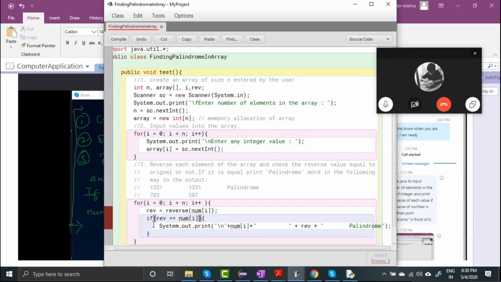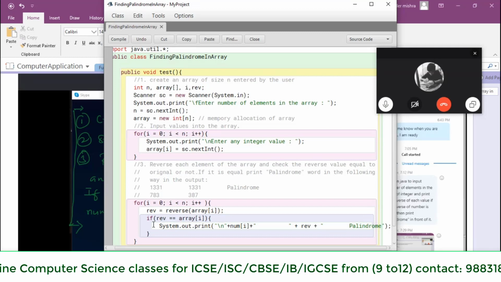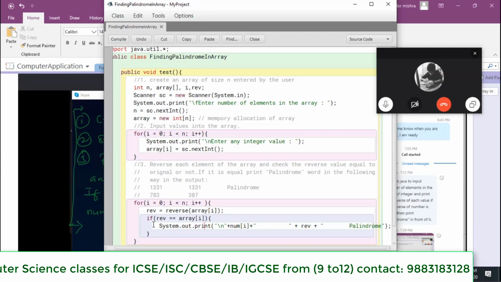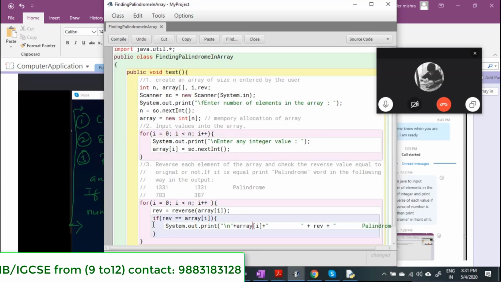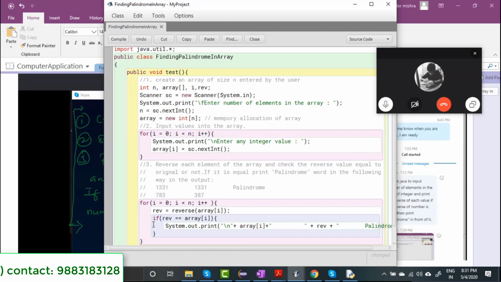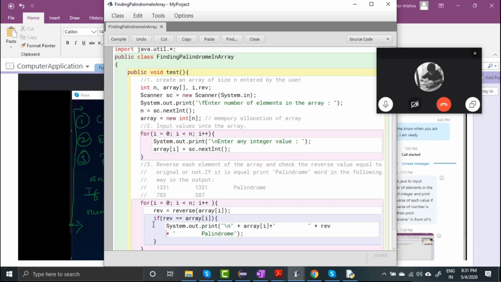So I'm writing here. The variable name is not num here. The variable name is array. So here also I have to change. So that when you had asked me, that was what I was asking now. Okay, so this is what I have to do. Change the line a bit, so it will be explainable, right?